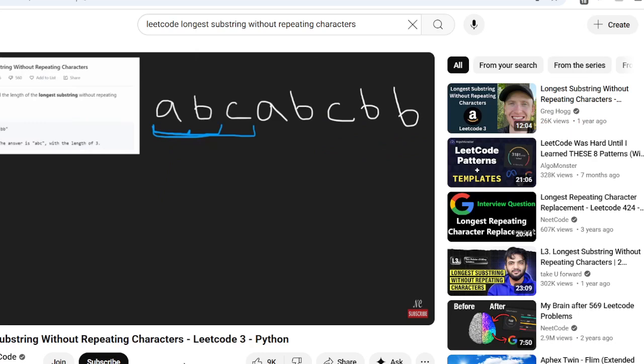So we want to only check substrings without any repeated characters. So let's make sure that our sliding window, our two-pointer subarray, our substring is always not containing any duplicates.